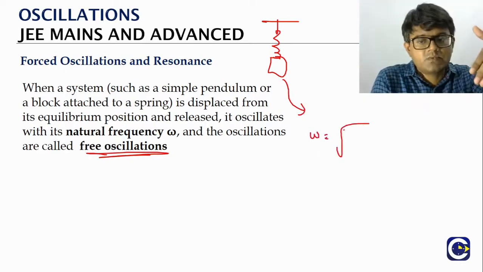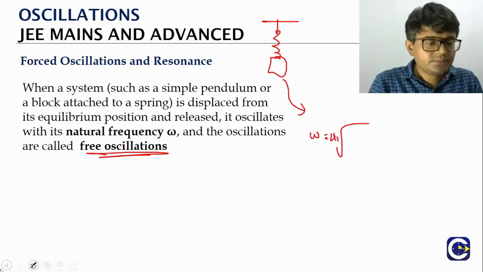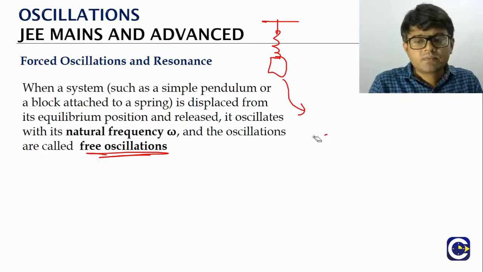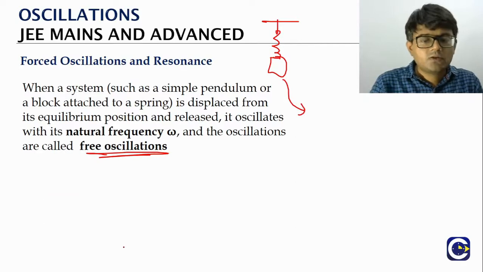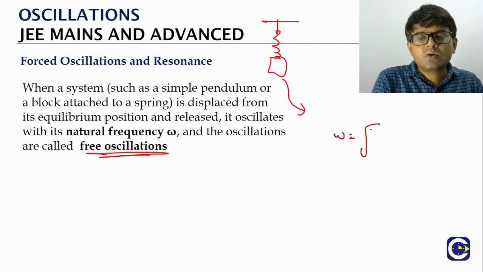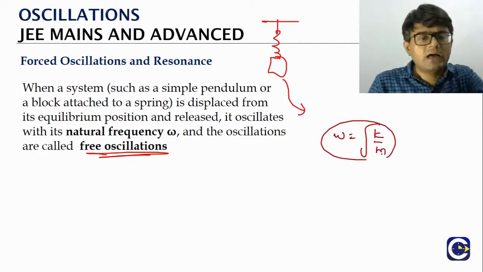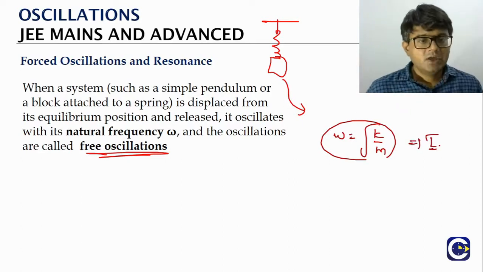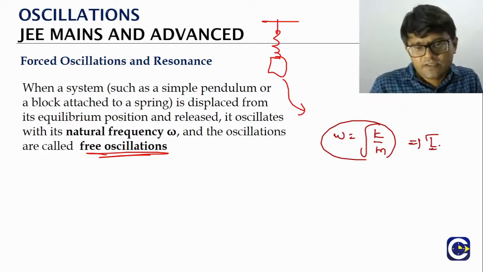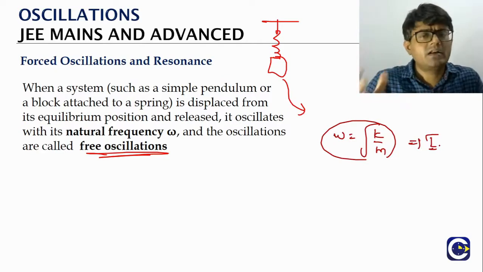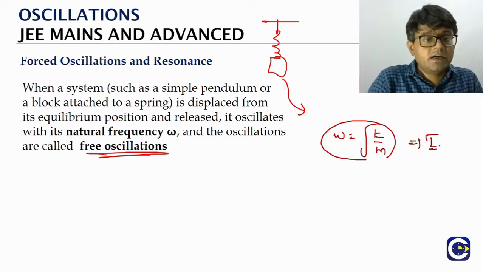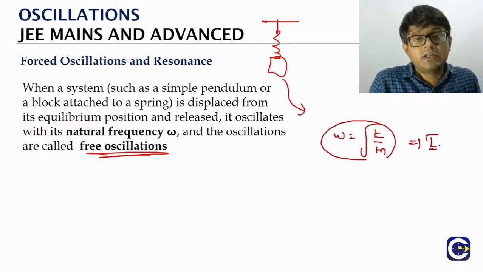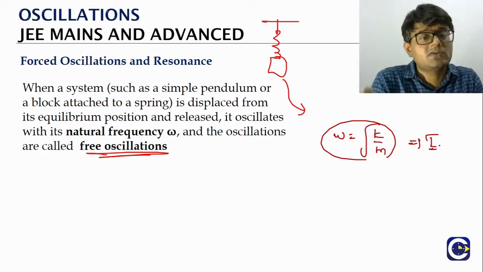So that's what we have seen in all the expressions. If you have a spring mass system, the omega value will be equal to root of k by m, and from there we can get even the time period. All these things we have seen before. So every object in free oscillations will be oscillating with its natural frequency. Natural frequency depends upon various factors: the geometry of the object, the mass, various other factors, and in what kind of arrangement or configuration the body is kept.